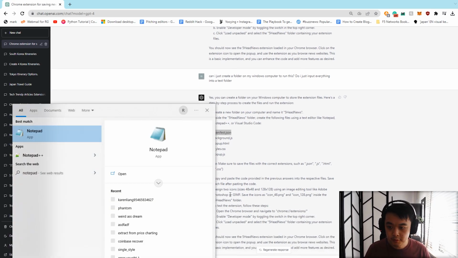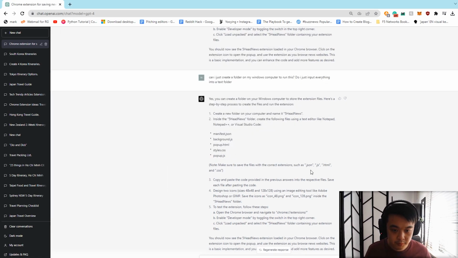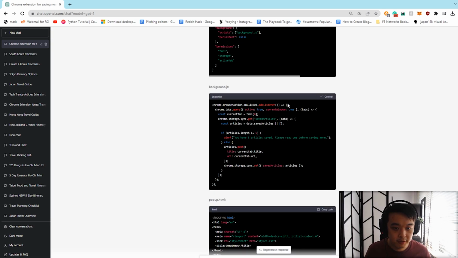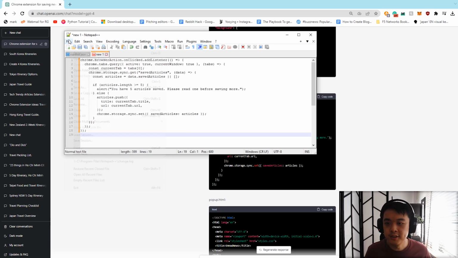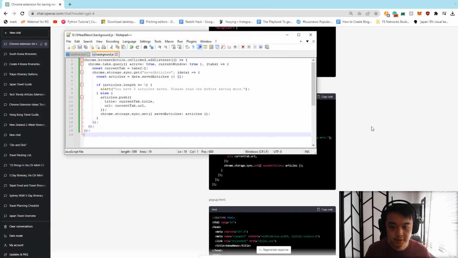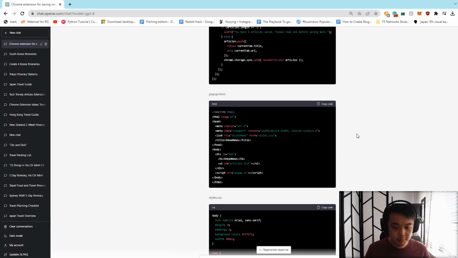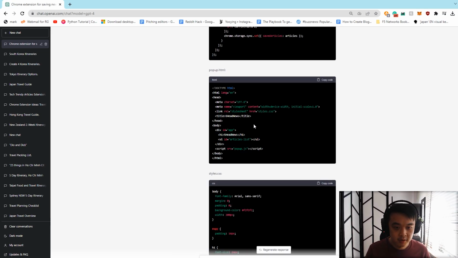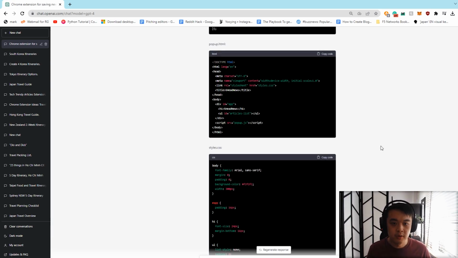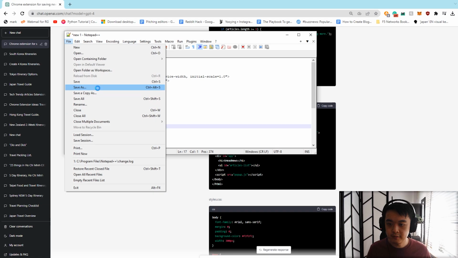And then we'll go to Notepad++ again. We'll do a new one. And then we'll copy the background. Background JS, JavaScript. Yes, I know that one. Background JS. Save. New one. And this one will be the popup HTML, style CSS, create new. Okay, cool. So popup.html, save that, save as